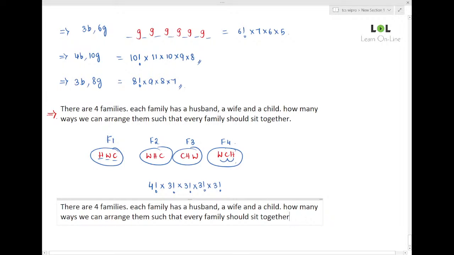Yes? Okay. And a slight extension of this question. So